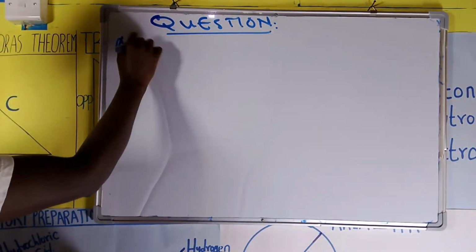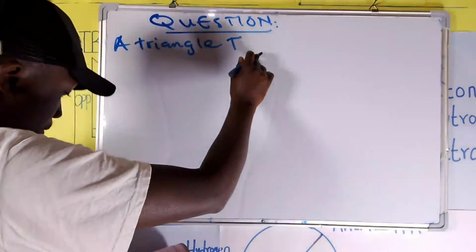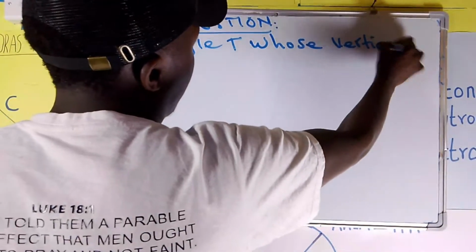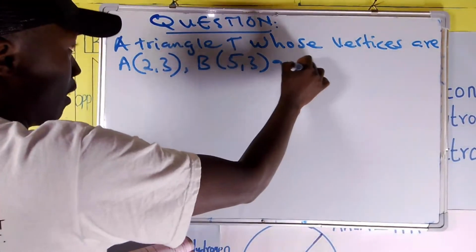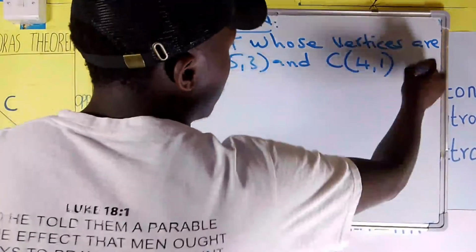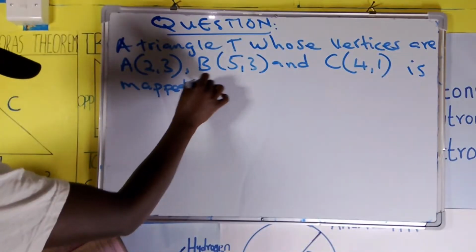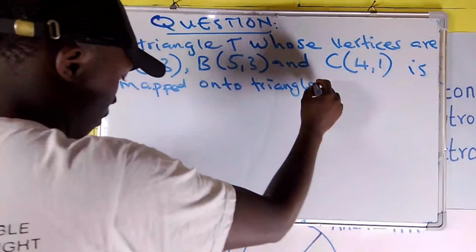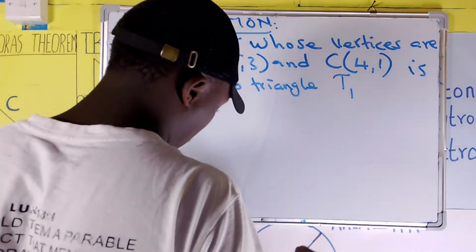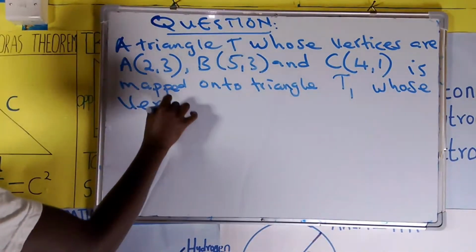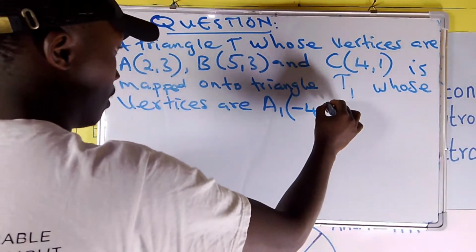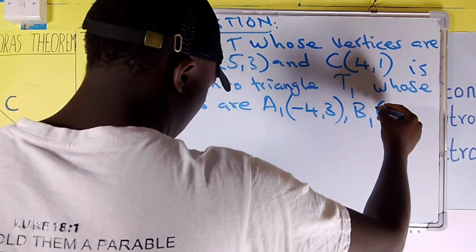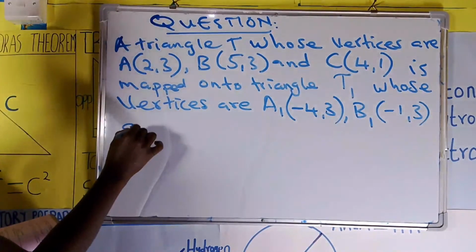A triangle T whose vertices are A (2, 3), B (5, 3), and C (4, 1) is mapped onto triangle T1 whose vertices are A prime (-4, 3), B prime (-1, 3), and C prime